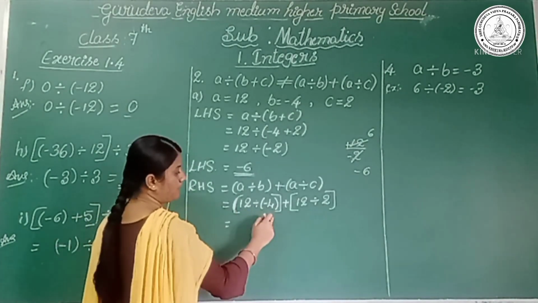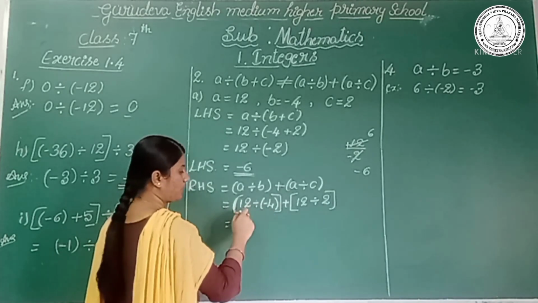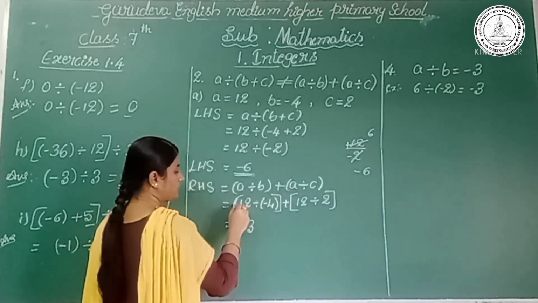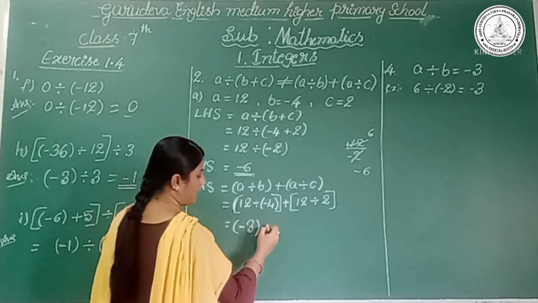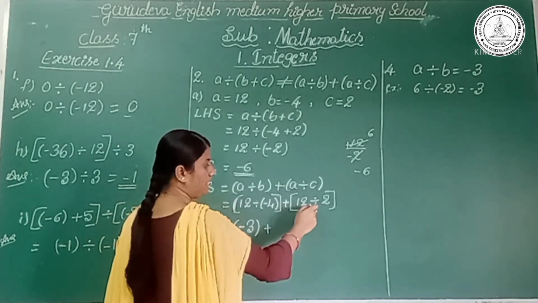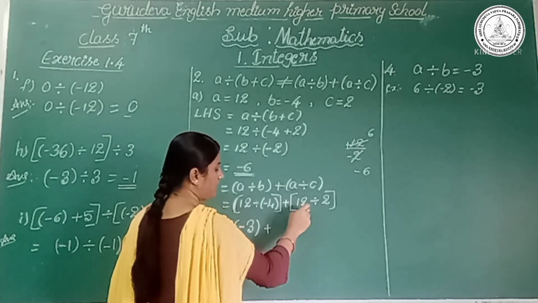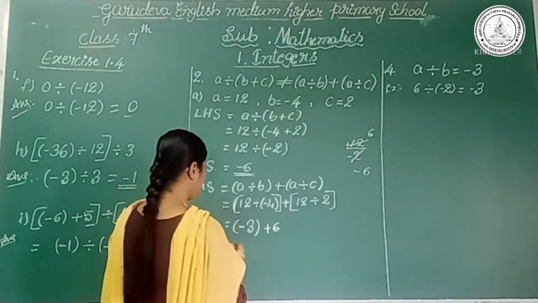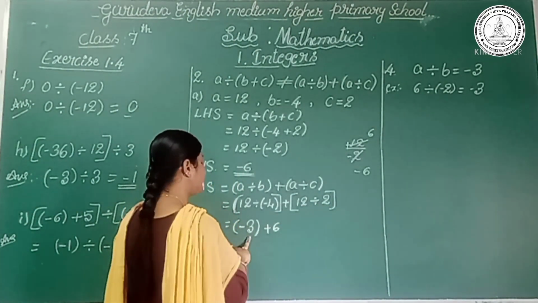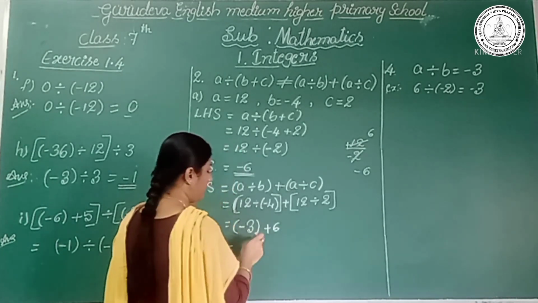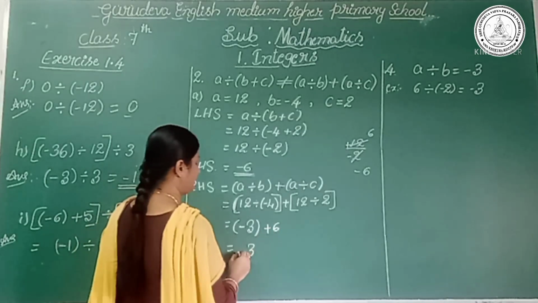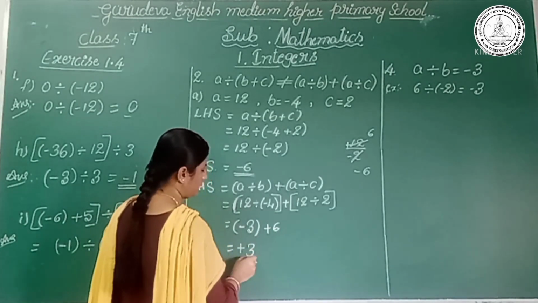So 12 divided by minus 4 means 4 how much jump 12? That is 4 3s jump 12. So plus divided by minus is minus 3, keep the bracket, and plus. So 12 divided by 2: 2 how much jump 12? 2 6s jump 12. So it is equal to minus 3 plus 6, which is 3, and here the greater number is 6, it has a sign plus.